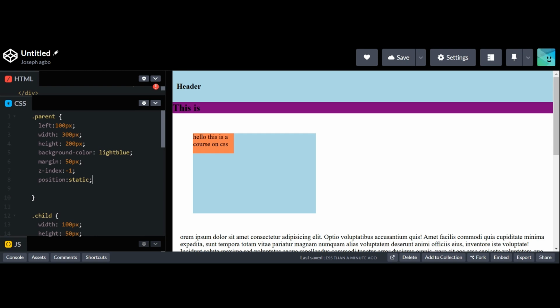So let's jump to the next one, relative positioning. For relative positioning, the element is positioned relative to its normal position. Now, how does that work? We use this when we don't want to alter the flow of our web page. We maybe just want to shift things from side to side. Then we can use relative positioning. Now, notice when I declare this,